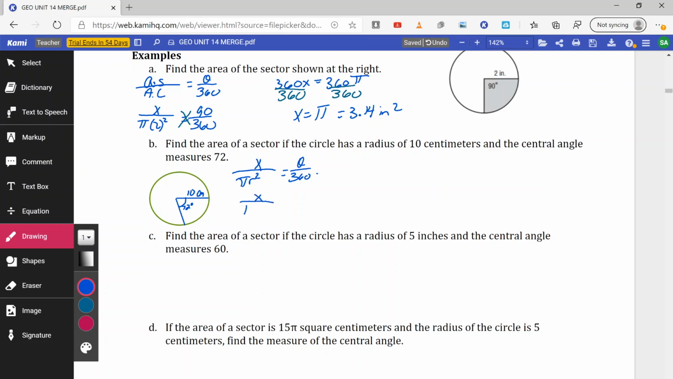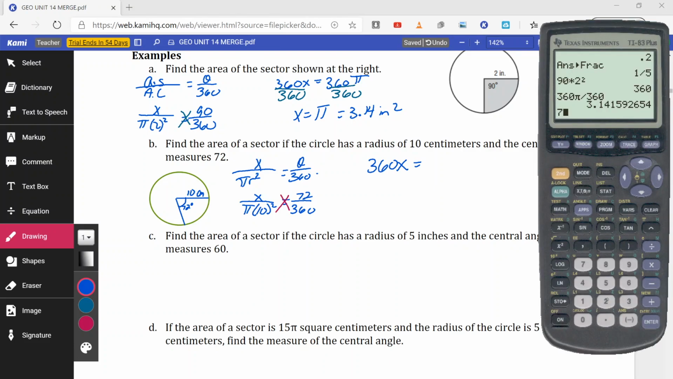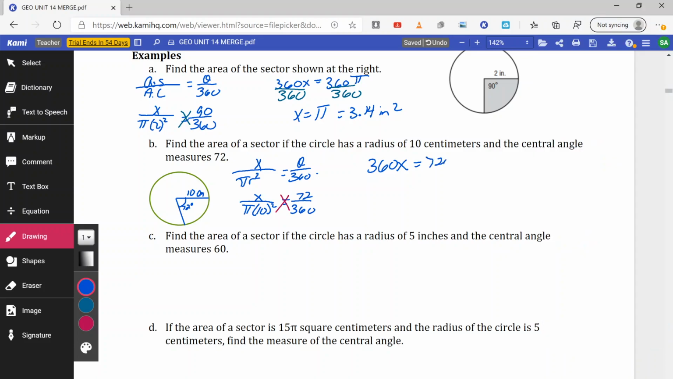However, we do know our radius is 10, so pi times 10 squared is equal to our central angle, 72 over 360. So we're going to cross multiply our numbers here. So 360 times x gives me 360x equals, and then 72 times 10 squared gives me 7200 pi. Now we're going to divide by 360. So we get x equals